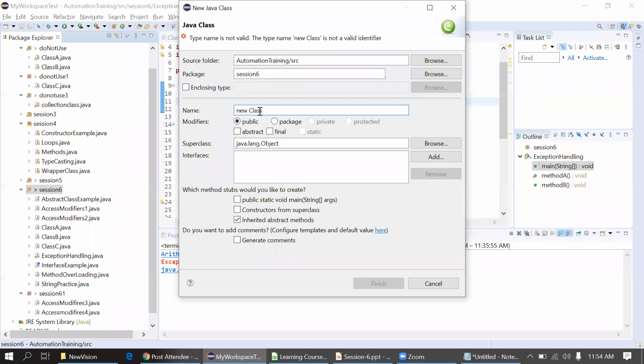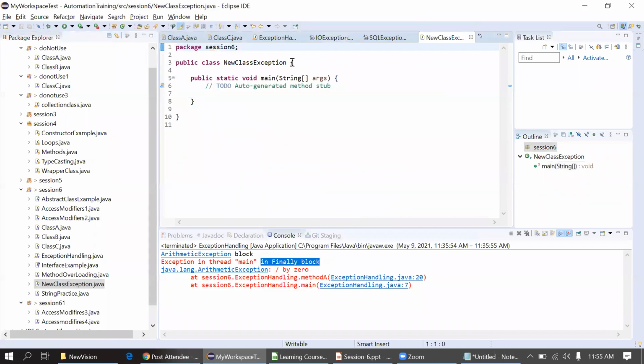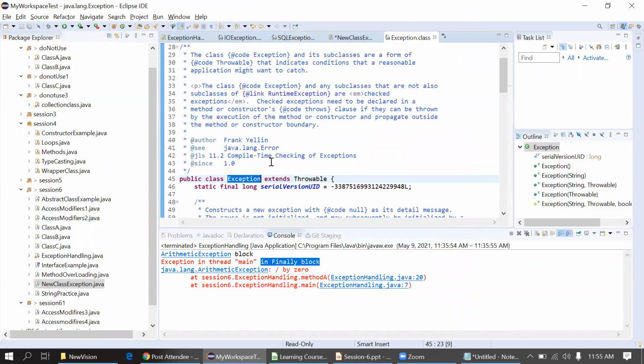I will just put some random name here now. New class extends exception. So in exception, there are actually multiple exceptions like this.